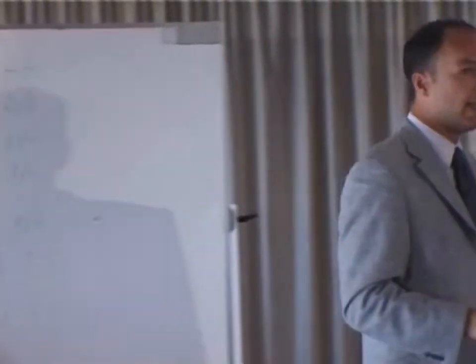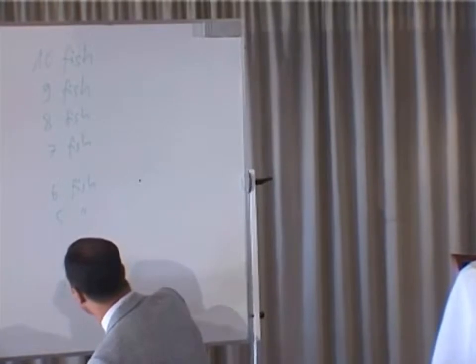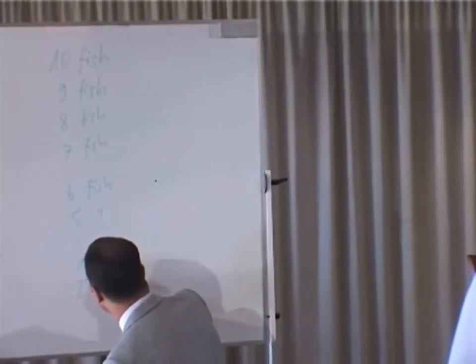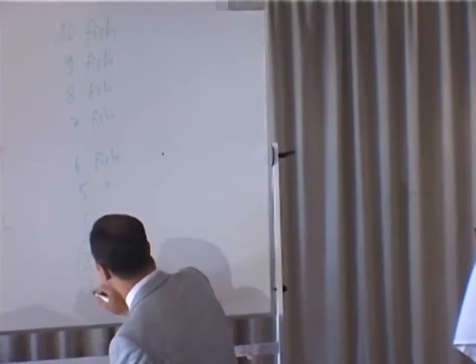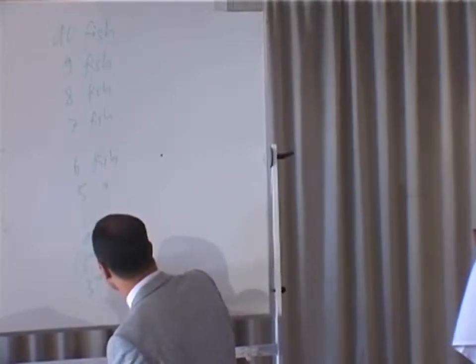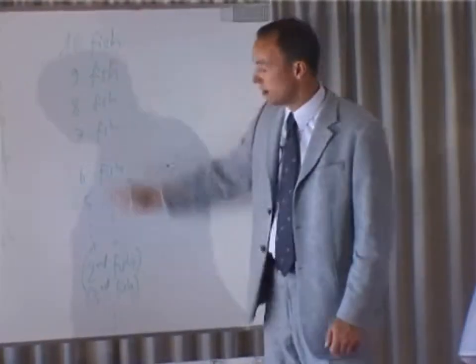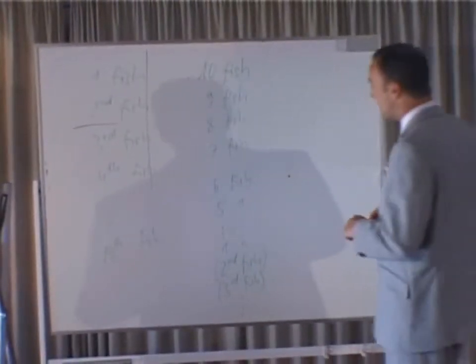And the 1 fish that he has is more important to him than the 2nd fish that he could acquire but has not yet, and more important than the 3rd fish that he could acquire but has not yet, and so on. Right? So we have a value scale that holds true, mutatis mutandis, for every single good. Okay. Now, if we have a market exchange,